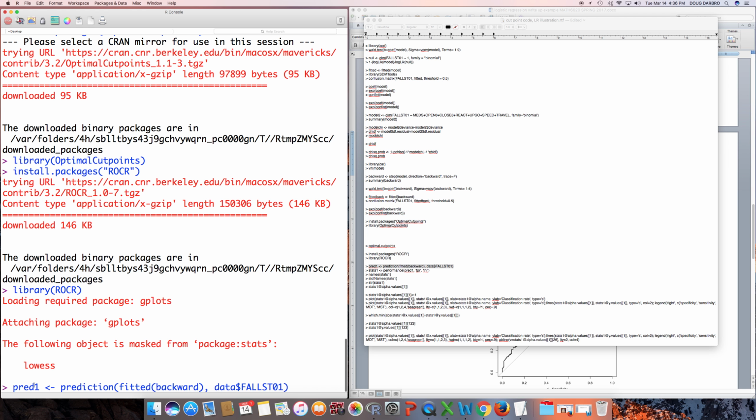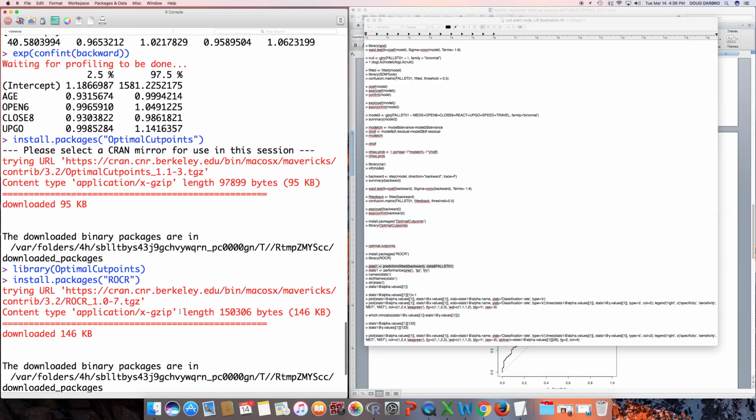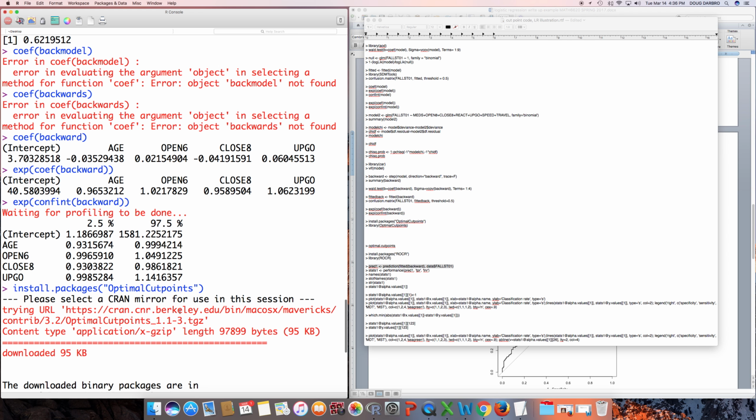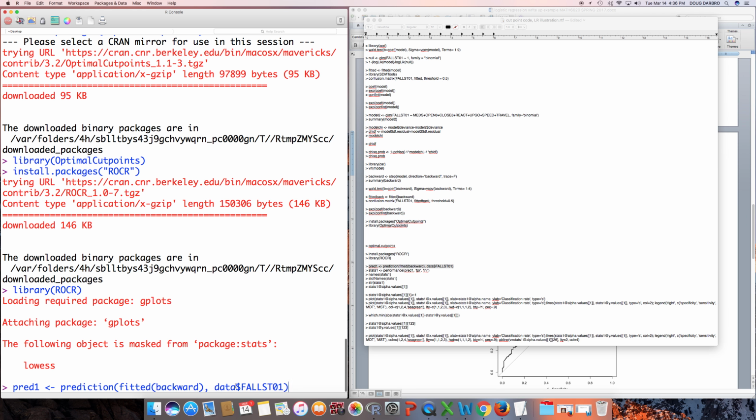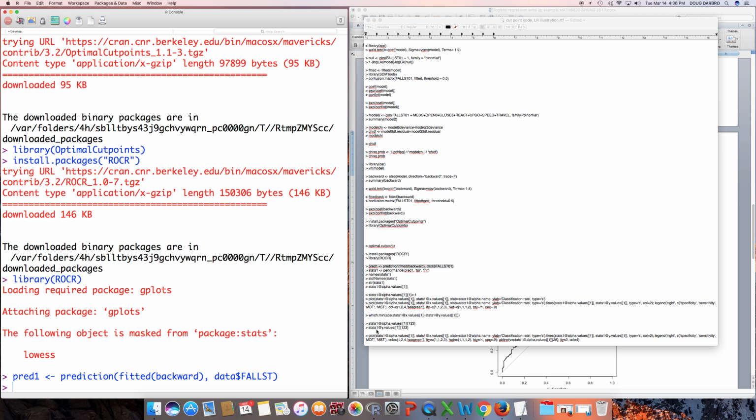So what I'll need to do here is set up what I call predict or pred 1. So I want the fitted for the backward. Is that what I called that? Yeah. And I want from data, because I want this to be false status. Next thing I'll need to do